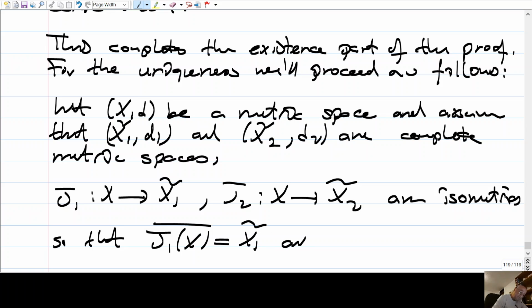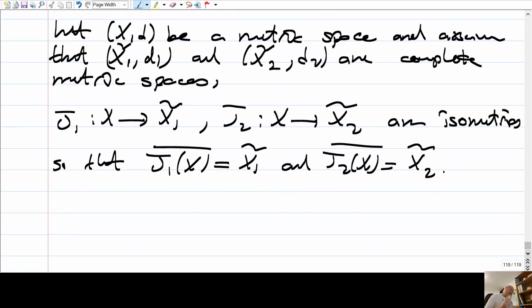So I assume that, say, the rational numbers have two completions. I constructed one completion, you constructed another completion, and I claim that they are actually the same completion. So what I will do now, we must,